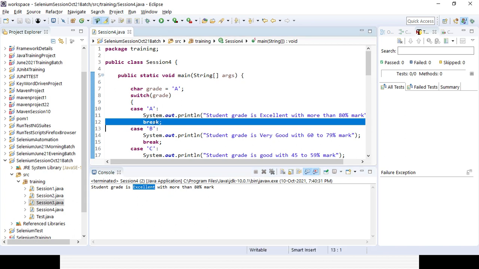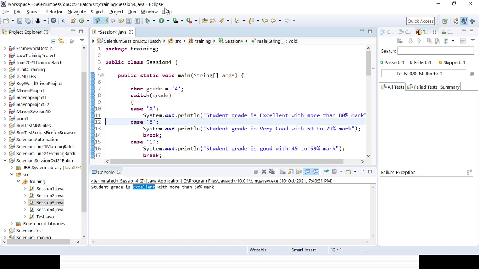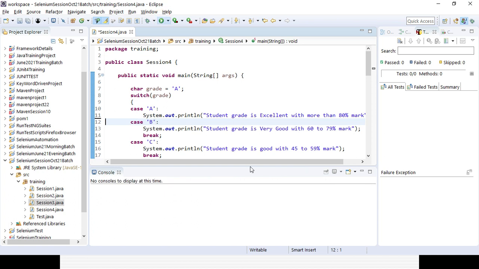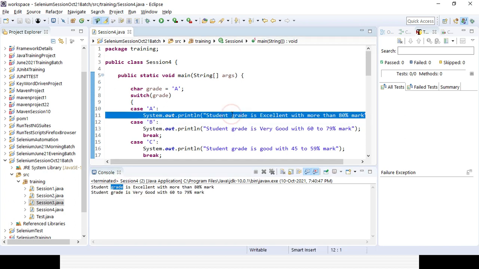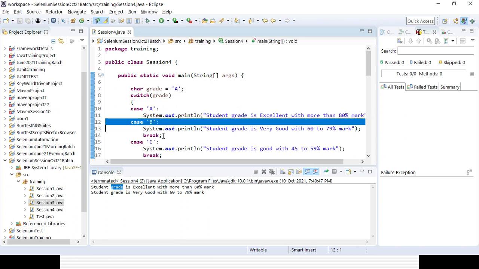Now remove the break. Let's try to execute it and see the output. It will go for the next step until a break is there. You can see here two lines are getting displayed. Here the condition is not matching, but no break is there, so it is going for the next one, and here as break is there, it is stopping.